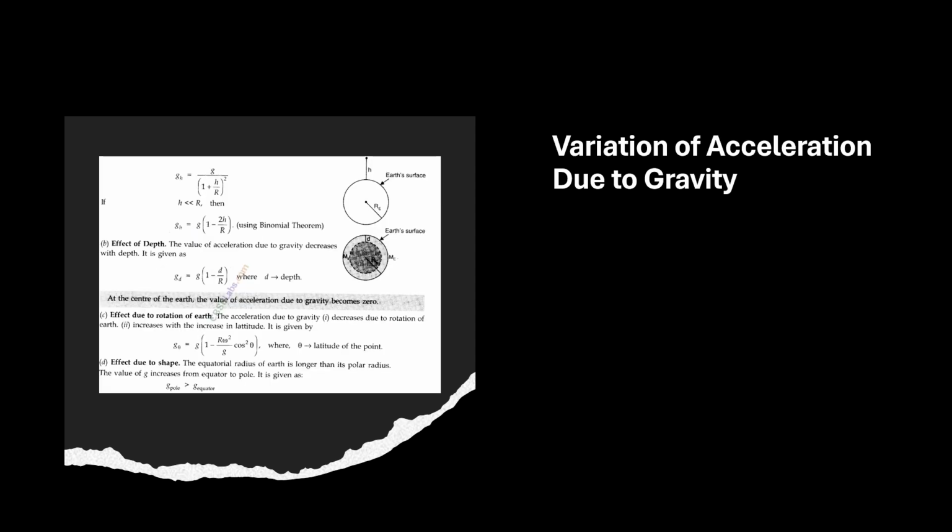Variation of acceleration due to gravity. The value of acceleration due to gravity changes with height, thus altitude, depth, shape of the Earth and rotation of Earth about its own axis. Effect of altitude. As one goes above the surface of the Earth, the value of acceleration due to gravity gradually goes on decreasing. If g h be the value of acceleration due to gravity at a height h from the surface of Earth, then